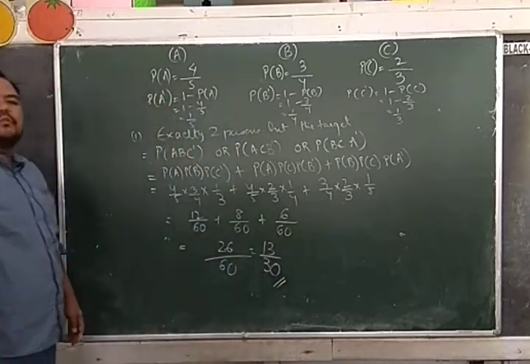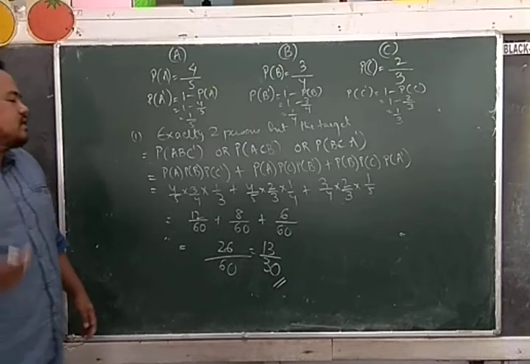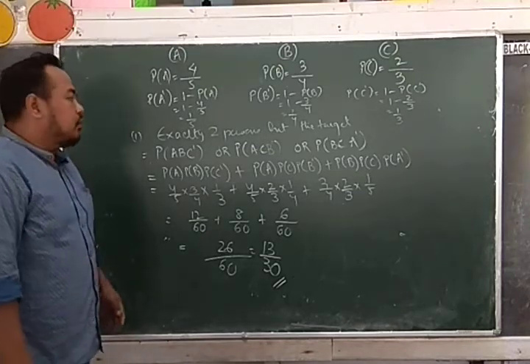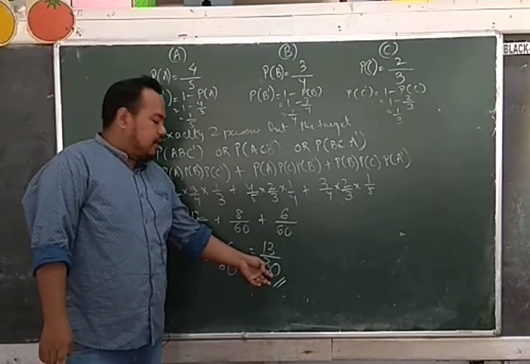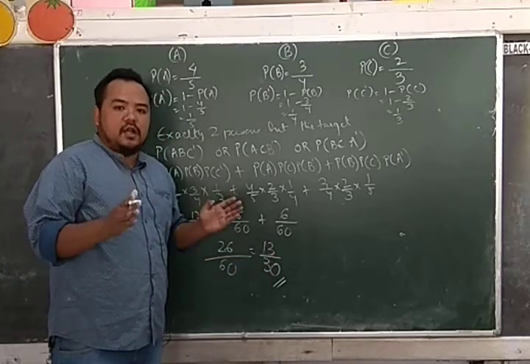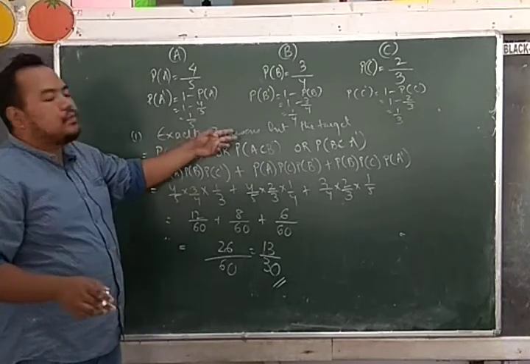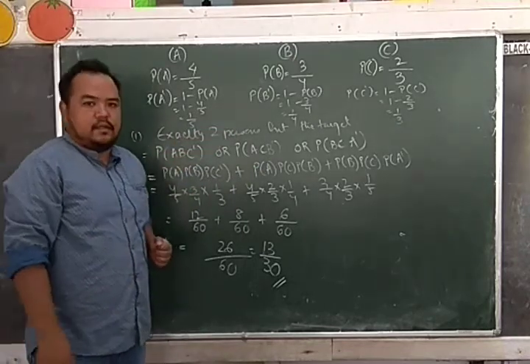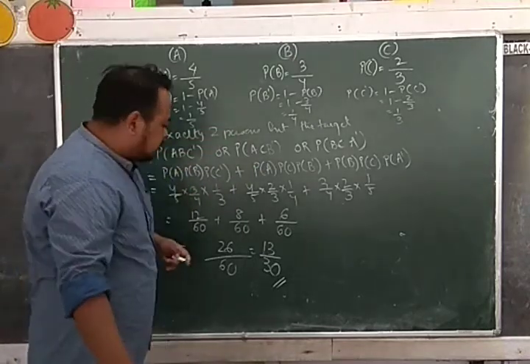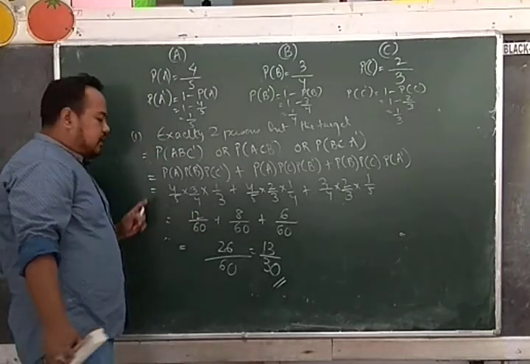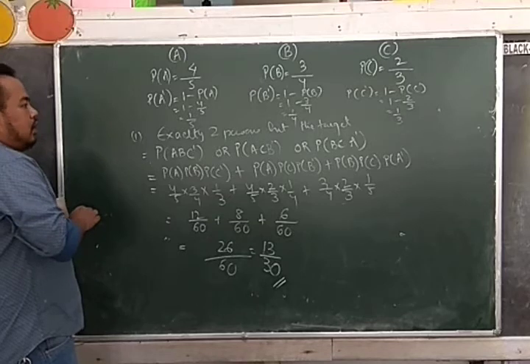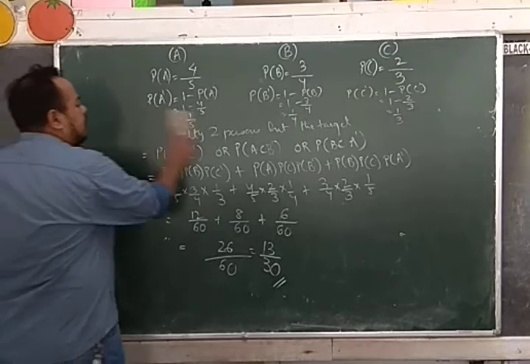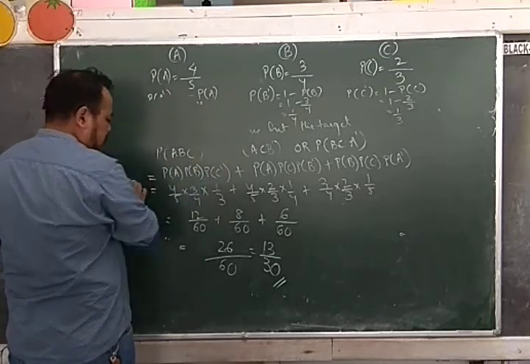So this is the probability. What does probability mean? Once again, chance. So if you get 30 chances, then out of 30 chances, there are 13 chances that exactly 2 persons will hit the target. Is that clear? Okay, so you got this to be 13 by 30. Just pause the video for a second and you can copy. Okay. Next, the second one is